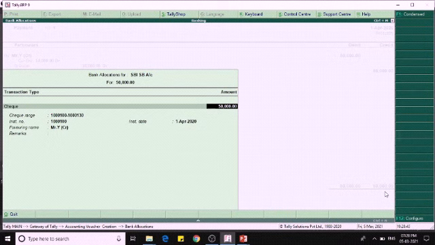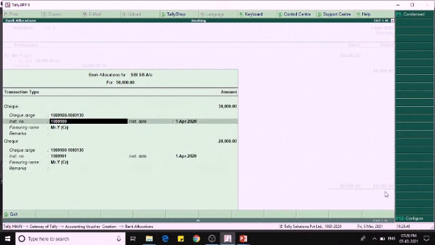Suppose if we are changing this, we are issuing two checks, 30,000, it will automatically show the remaining amount with the new check.